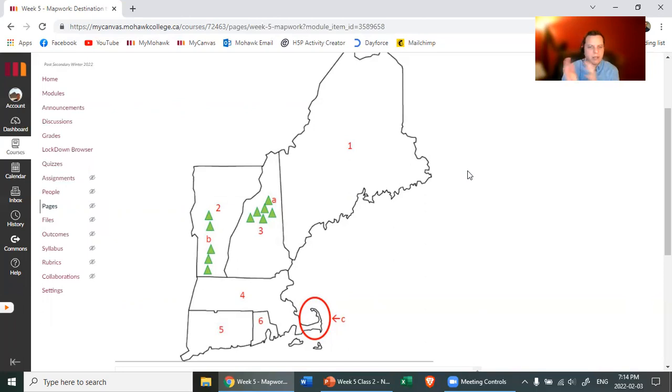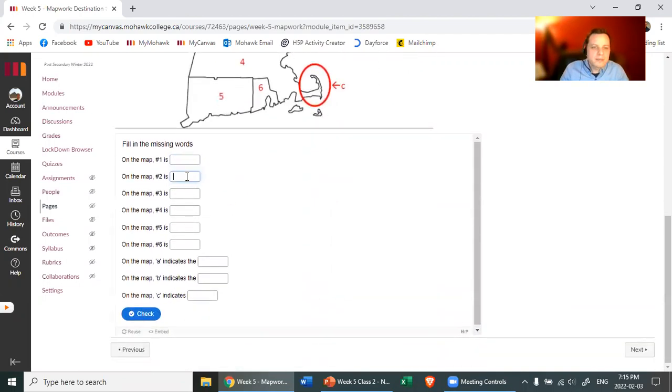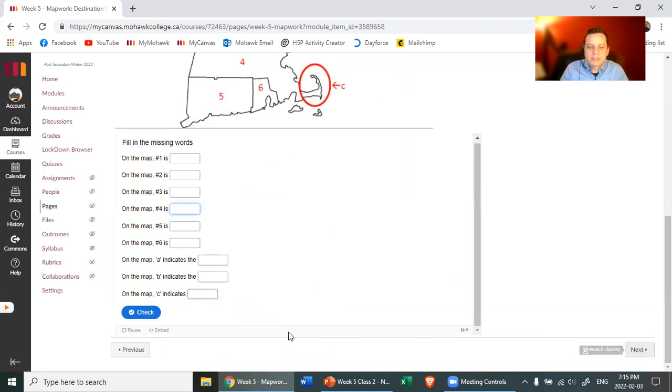So then you need to remember what one is A. Or it might say on the map, number 4 is home to the most populated city in New England. True or false? So then you need to think, what is the most populated city in New England? Oh, it's Boston. Okay, Boston is in Massachusetts. Is number 4 Massachusetts? So you need to remember the information from class, but you also need to know how to put that information and connect it with the map. So completing these exercises will help, like the map work, for example,